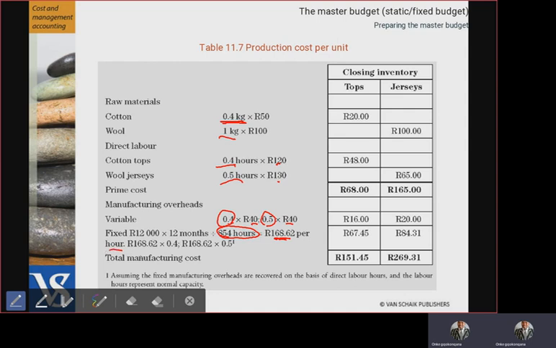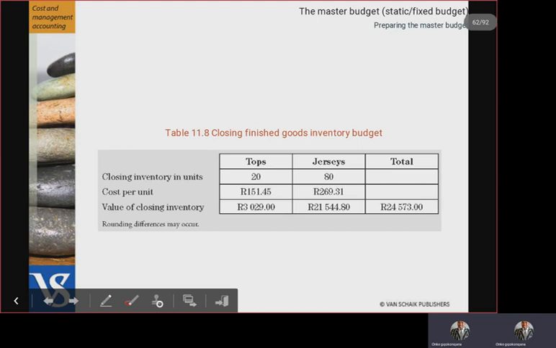Hence, we move on again and take that 168.62, multiply by 0.44 for the cotton drop, and multiply by half an hour for the woolen jersey. So we've got 67.7445 and 84.31. So all in all, this is the cost per unit that we were looking for. And with this cost per unit, we are in a better position to do the cost of sales budget. Before we move to the cost of sales budget,